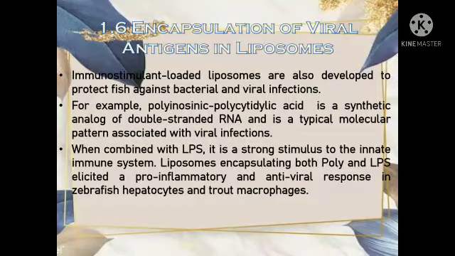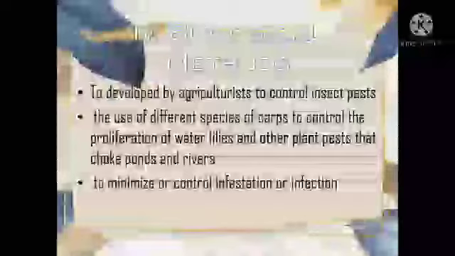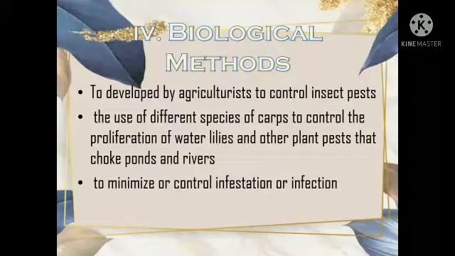Zebrafish hepatocytes and trout macrophages. Biological methods are developed by agriculturists to control insect pests, such as the use of different species of carps to control the proliferation of water lilies and other plant pests that choke ponds and rivers. To minimize or control infestation or infection: